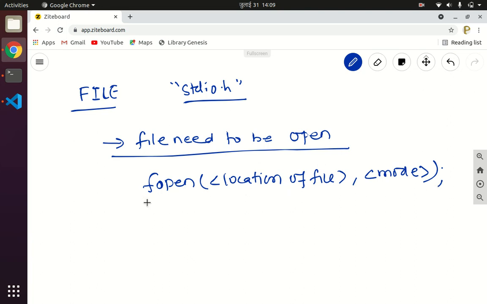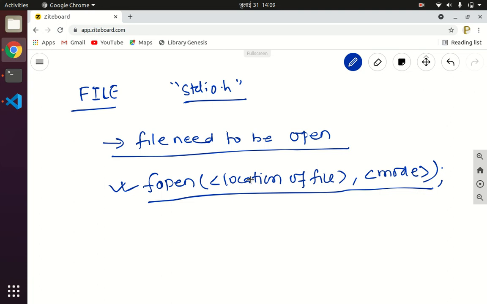When you call this function fopen, it transfers the file from the secondary memory into the main memory buffer, and when the file is available in the main memory buffer, you can perform whatever operation you want.